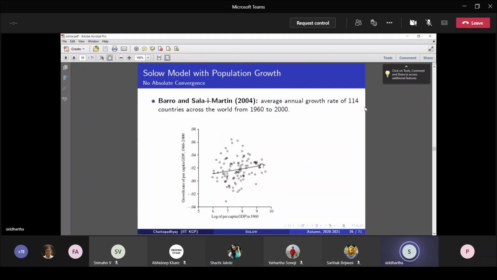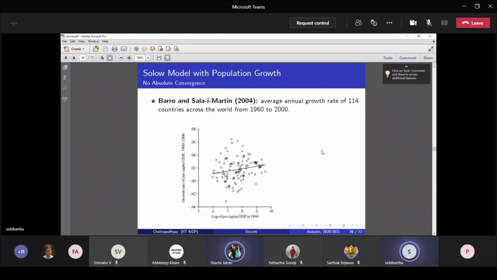So if the prediction of the Solow model holds, the trend line that Barro and Sala-i-Martin are getting, which is positive over here, clearly shows that it is not satisfying the prediction of the Solow model. That means the rate of growth of the poor country is higher than the rate of growth of the rich country. So what the Solow model is predicting and what we are getting from the data are completely different. This is exactly what this particular slide is explaining.